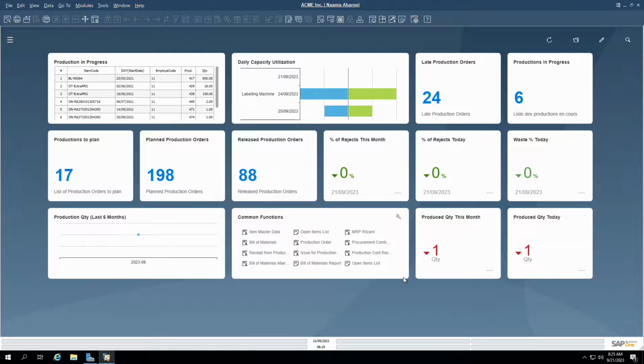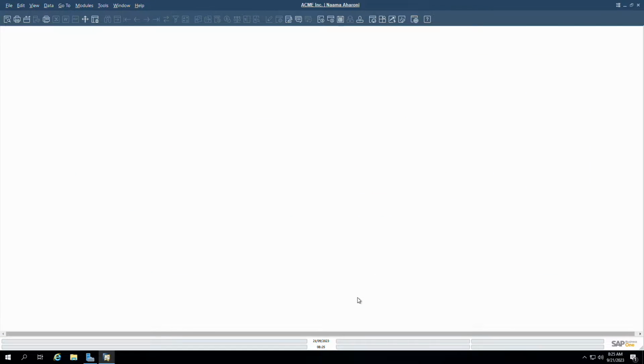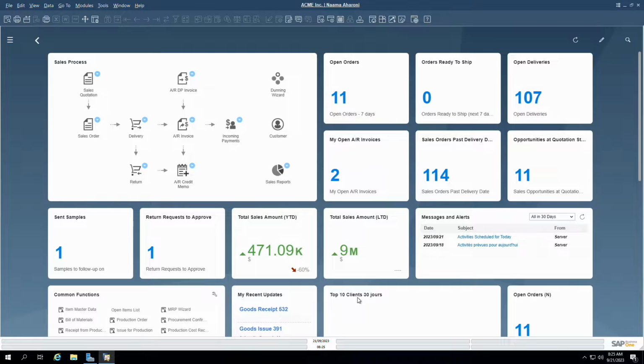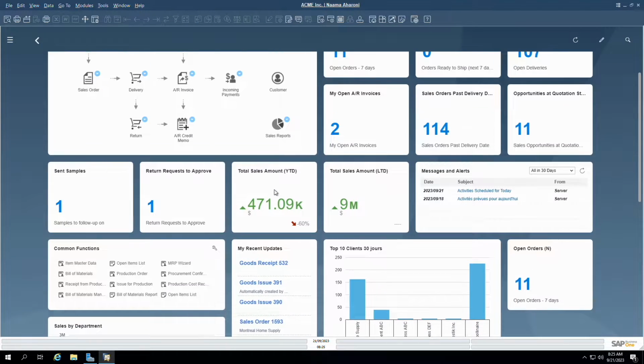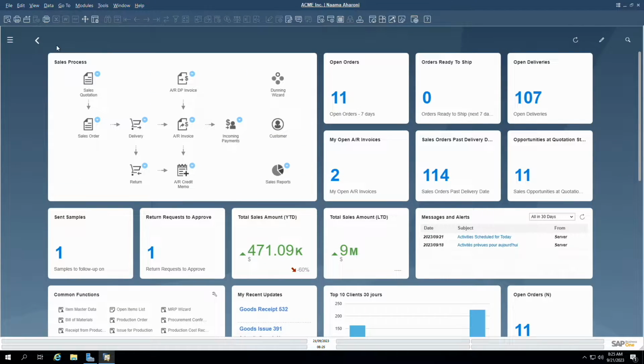When you open SAP Business One, you will quickly notice a convenient cockpit that provides easy access to common functions used by production professionals. The cockpit isn't just a dashboard, it's a personalized workspace tailored to meet the needs of every unique user, providing you with all the tools and information you need at a glance, whether it's widgets, KPIs,